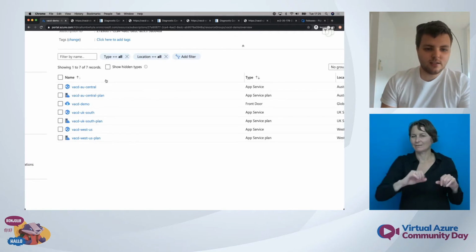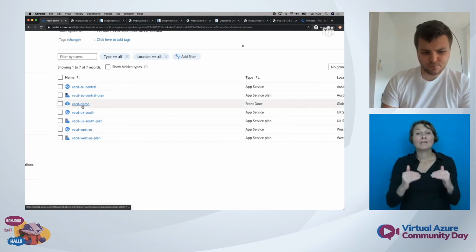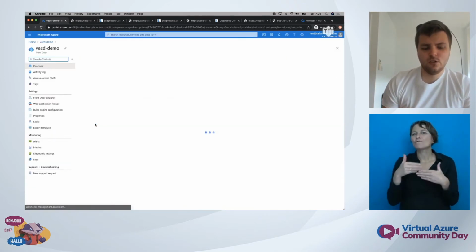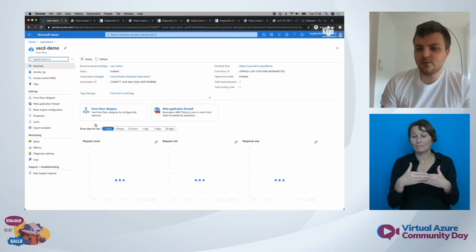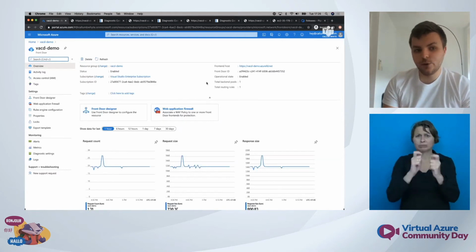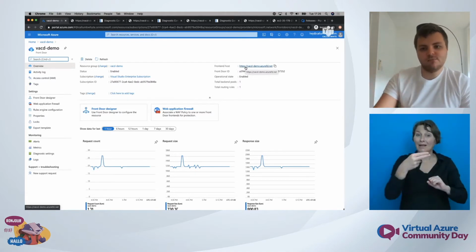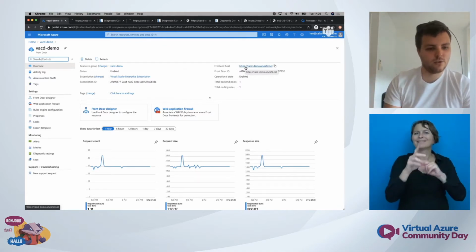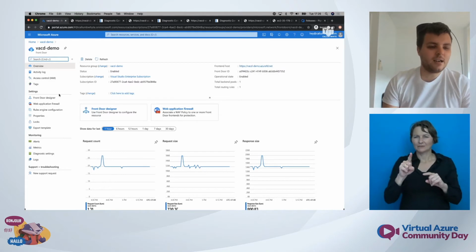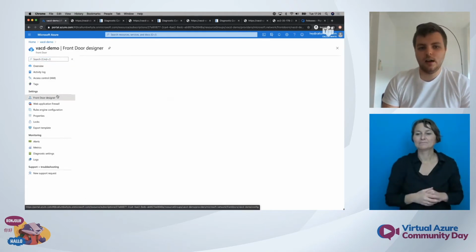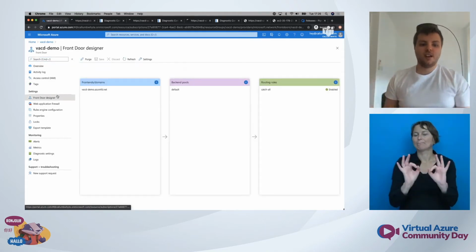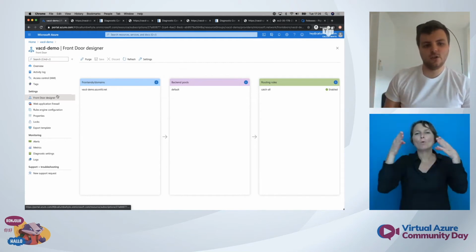I've also then created an Azure Front Door instance. When I open Azure Front Door, the configuration is very, very straightforward. It gives me a front-end host name. This is a host name that I can point my DNS to, but I can also serve my traffic through as well. They have a really nice experience through the Azure portal for designing how you want your front door